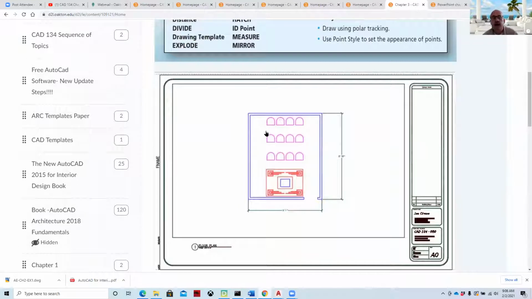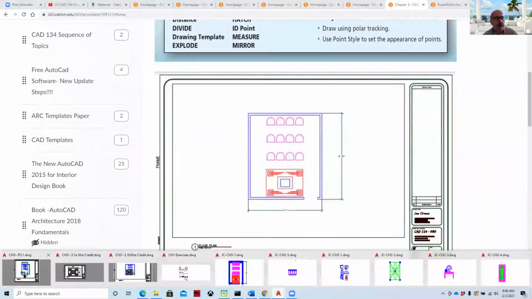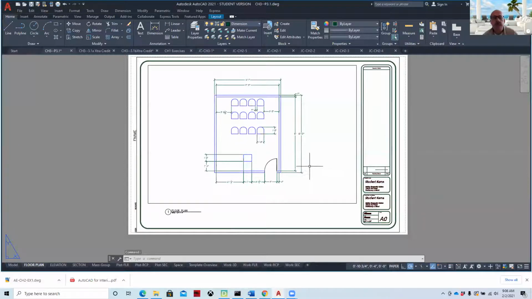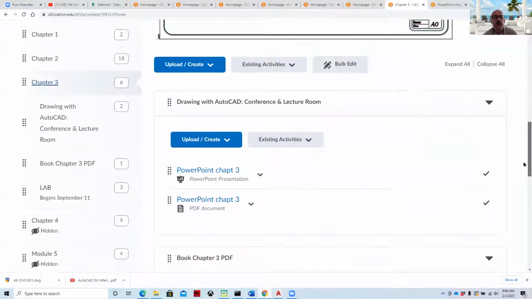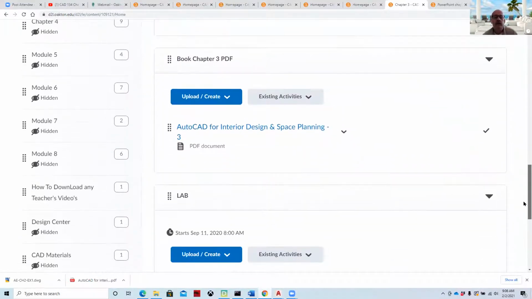It's basically a conference room. Students will draw this conference room. It's going to look like this upon completion. And it takes you through step by step in the D2L Chapter 3 how to do this project. And so if we take a look at the book chapter,